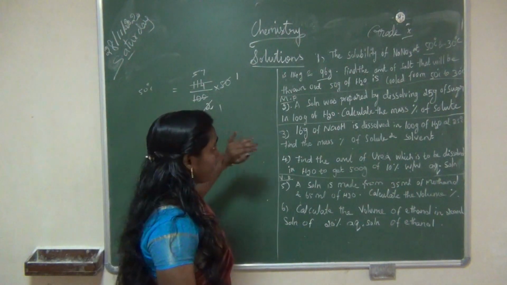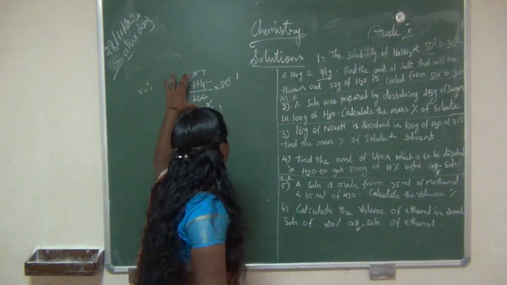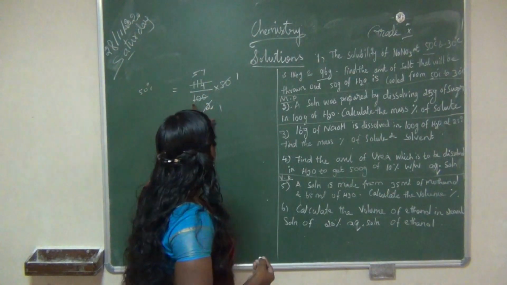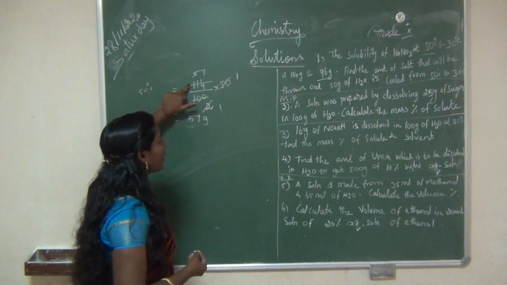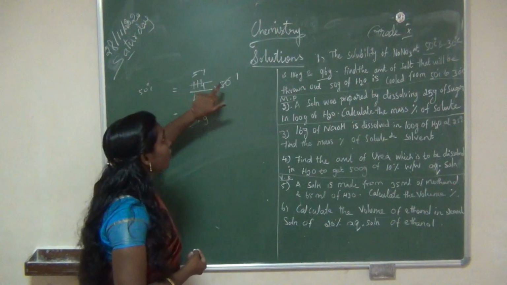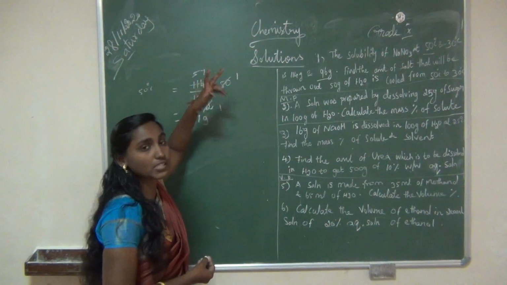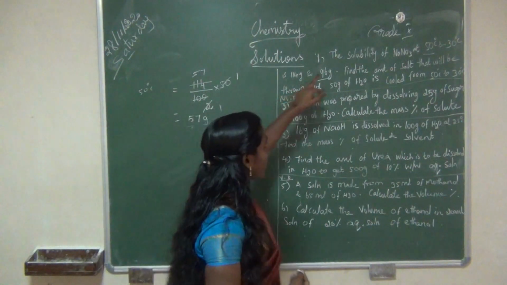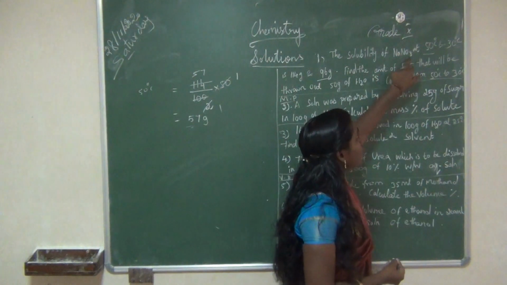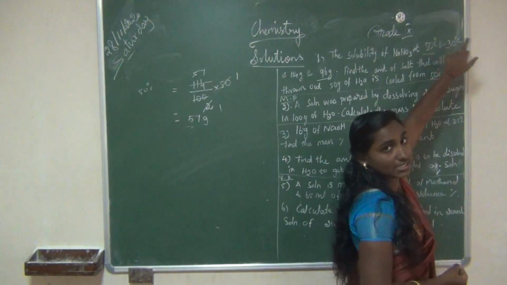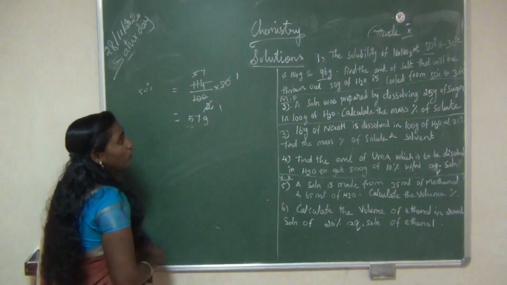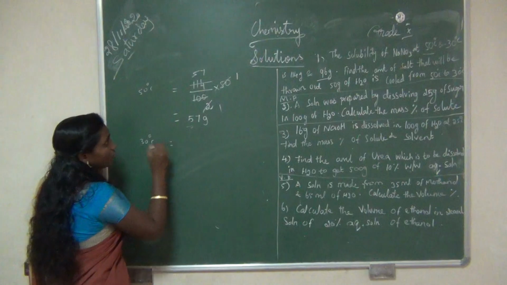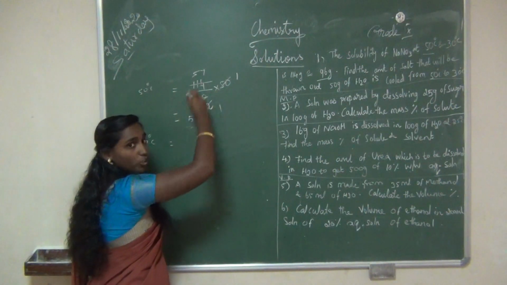Then second, the same way only, the next step also we are going to follow. Here we studied 100 gram of water can dissolve 114 gram of salt. Therefore 50 gram of water can dissolve 57 gram of salt. So in the second step we should write the solubility of NaNO3, that means sodium nitrate, at 30 degrees Celsius is equal to, here also the same step only we are going to follow.